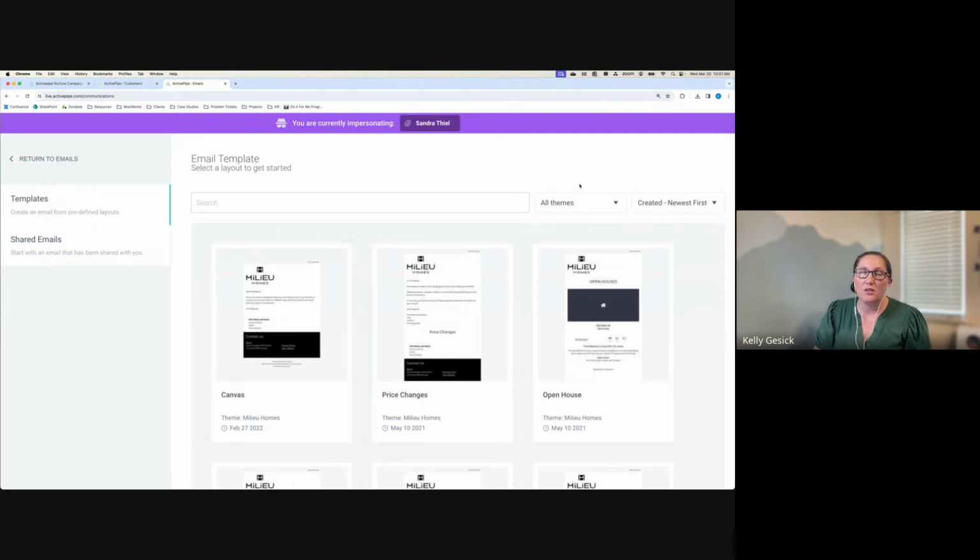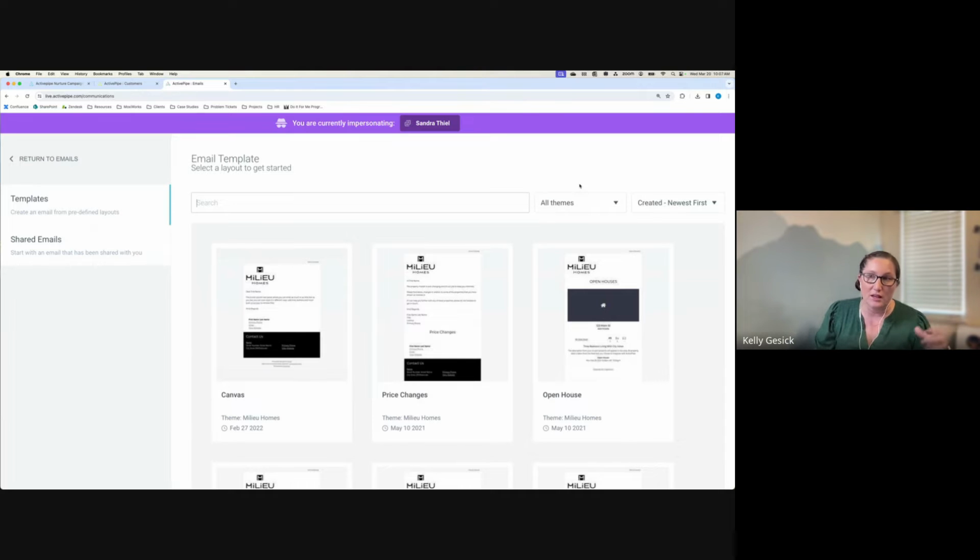Yeah, and we'll walk through the two different ways to do it. You do have a send now function within the email that still puts it in campaign. So anytime you want to see past sent stuff, it's always going to be in the campaign section. And campaigns also allows you to set up cadences, like if you want something to happen once a week or once a month,